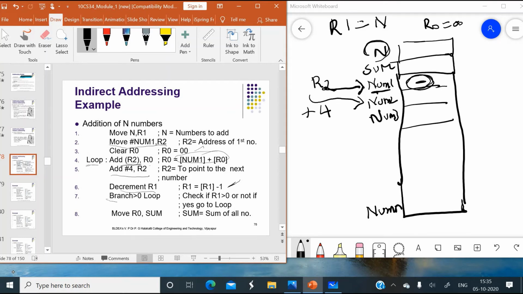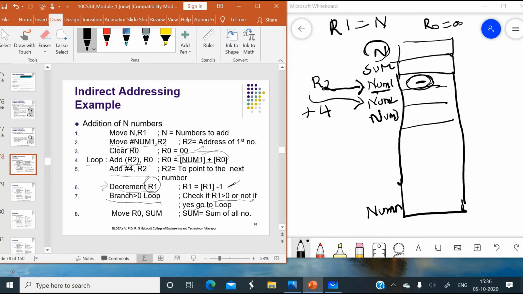After that, we are checking branch greater than 0. This branch greater than 0 means check if the value of the previous instruction, that is the value of R1, is greater than 0 or not.